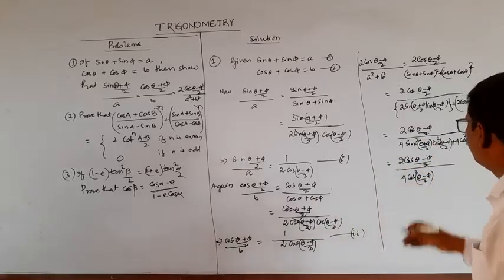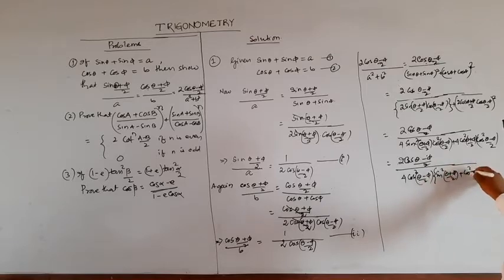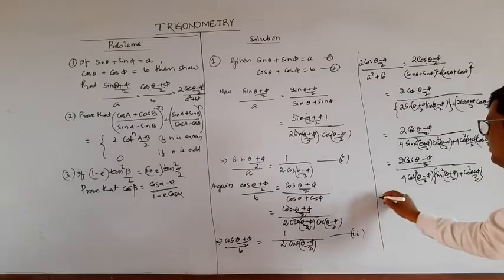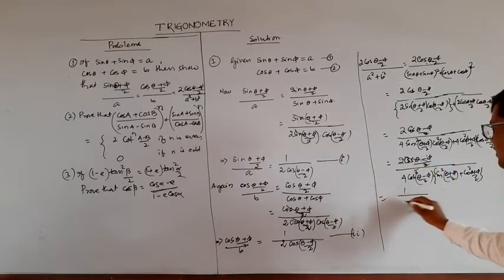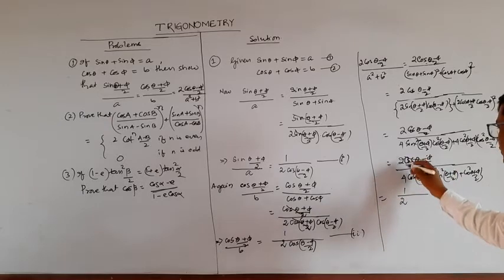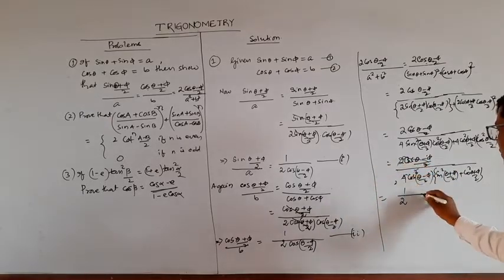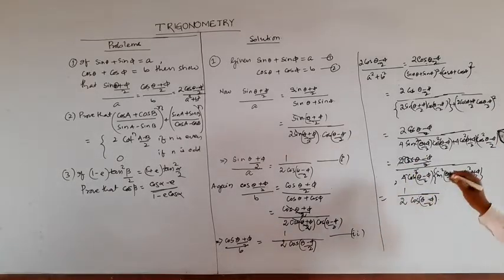Okay, here 4 cos square(theta minus pi by 2) is common. Here sin square(theta plus pi by 2) plus cos square(theta plus pi by 2). So sin square x plus cos square x equals 1, and cancel this, one term cancels here and 2 cancels, 1 by 2 into what? This is 1 by 2, 2 4, that is 2 into cos(theta minus pi by 2), and sin square x plus cos square x equals 1.